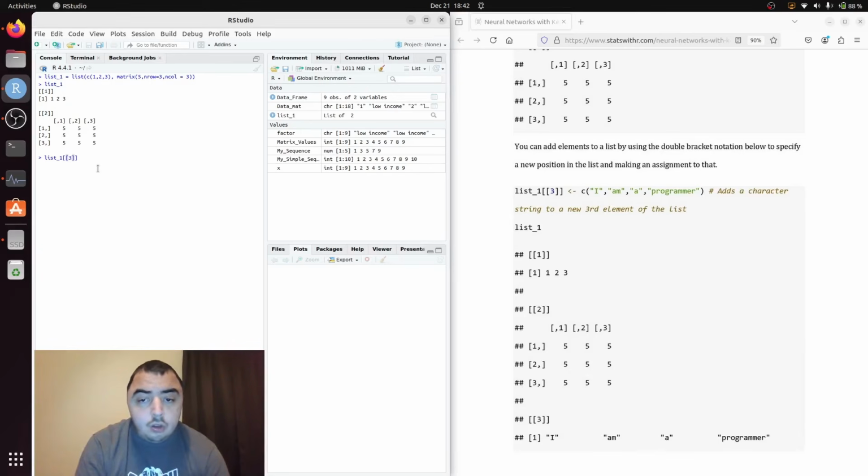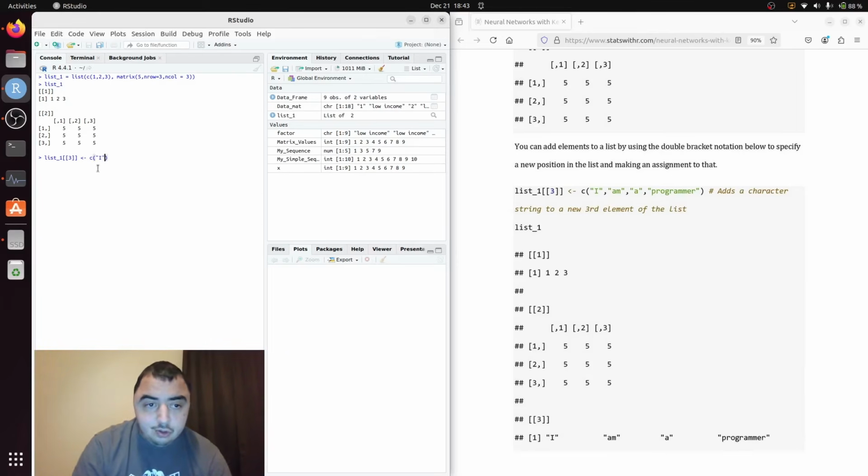So all I do is specify the element three. In normal subsetting, you do one set of square brackets. In this list subsetting, you do 2. Okay, and then I do my regular assignment arrow,